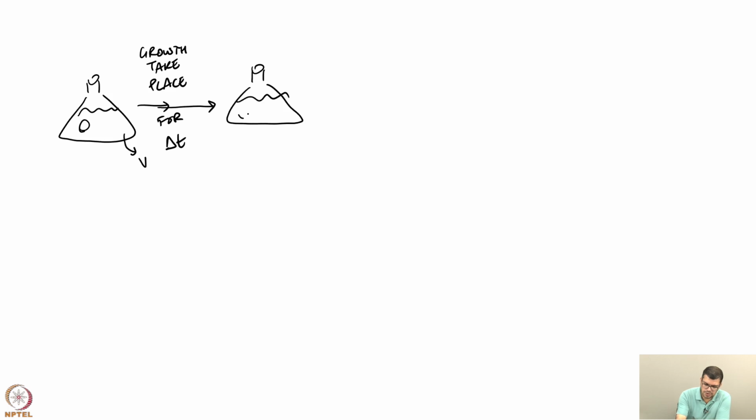I have a flask with volume V, I introduce bacteria, I let growth take place for delta T amount of time. This could be anything depending on what the experiment is. After this delta T amount of growth time, what is going to happen is that this flask is full of bacteria, no more growth can take place. At that point I take a small volume, small v, which can be anything, but let us say is capital V upon 1000, and this volume goes in a flask. So, let us call it flask 1,